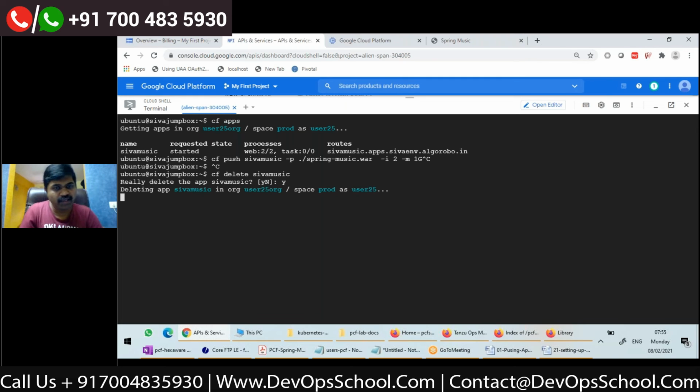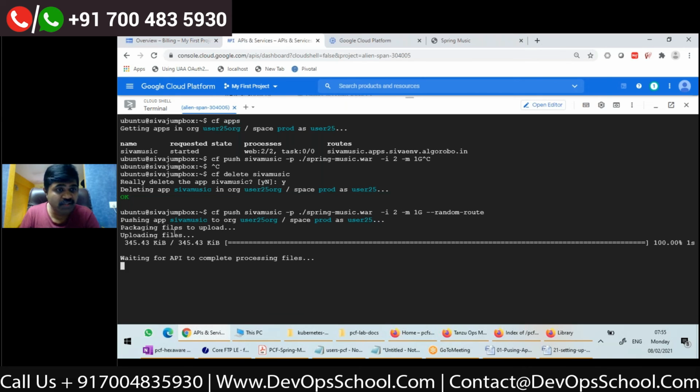Then again I'm going to push. Don't worry. Again I'm going to push with the same command, but right now I will use --random-route, so that a random route will be allocated.